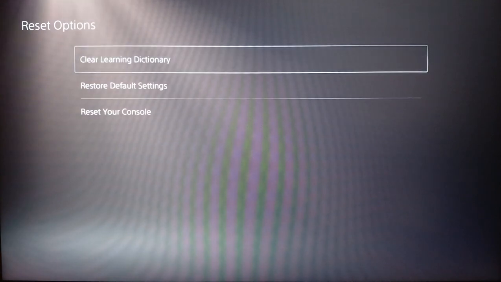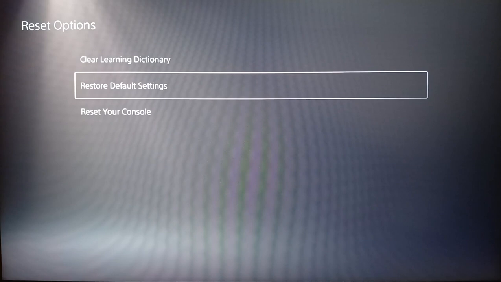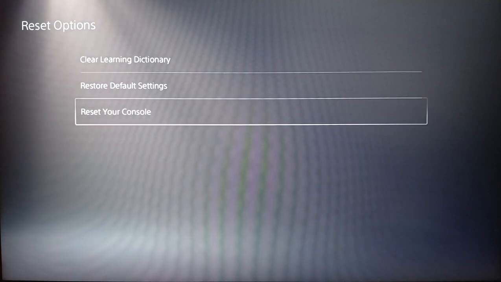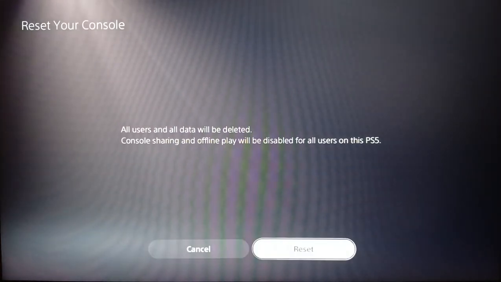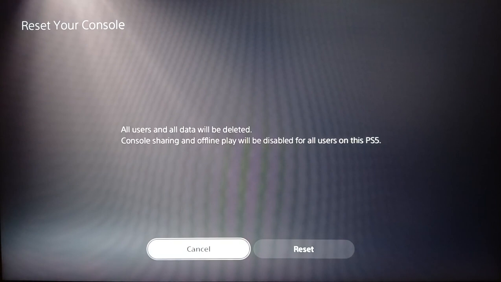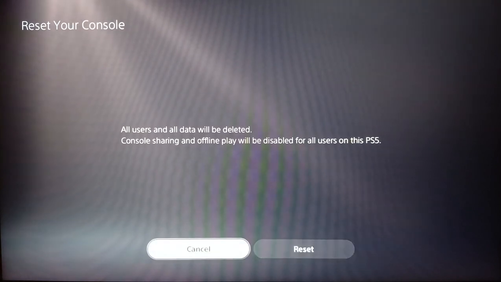And then once you do that, right here, you're gonna find three options: clear learning dictionary, restore default settings, and here you're gonna find the option to reset your console. So just go ahead and click on reset console. And then right here, they will tell you that all users and all data will be deleted. Console sharing and offline play will be disabled for all users on this PlayStation 5. If you're sure about it, go ahead and click on reset and there you're going to be able to reset